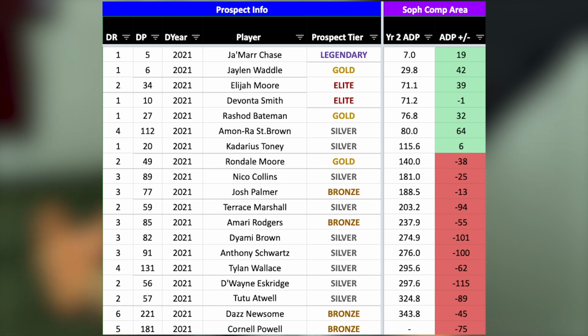So now we finally get to the juicy part, and it's applying this to 2022 and seeing which rookies from 2021 face planted in their rookie years and what edge can we gain from that information. So I'm going to put this on the screen here. We have the 2021 wide receiver rookies sorted by present day ADP with their gain/loss in startup ADP in that right-hand column. The green ones are the guys who didn't qualify, and the red ones are all the face planters. So our official relevant face planters that are actually getting talked about or were drafted in the top 3 rounds are Nico Collins, Rondale Moore, Josh Palmer, Terrace Marshall, Amari Rodgers, Dyami Brown, Anthony Schwartz, Tylan Wallace, Dwayne Eskridge, and